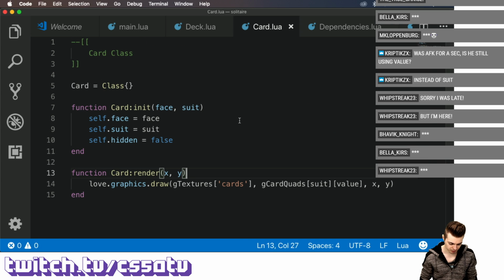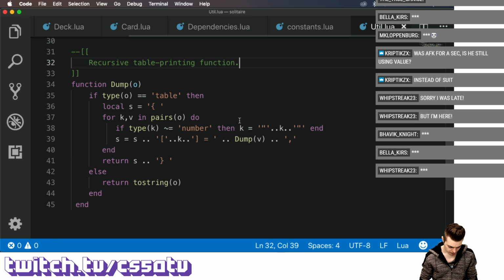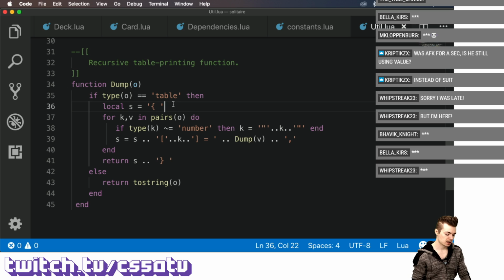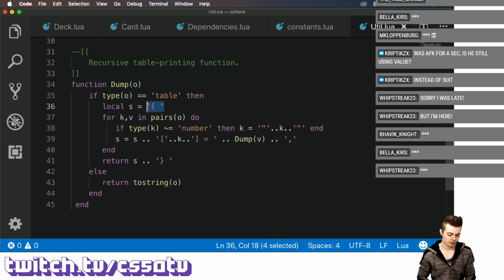I might have just screwed up. Oh, wait, no, that's not possible, because if it's a table, it's set to output the curly brackets here as a way of visually illustrating to us that,